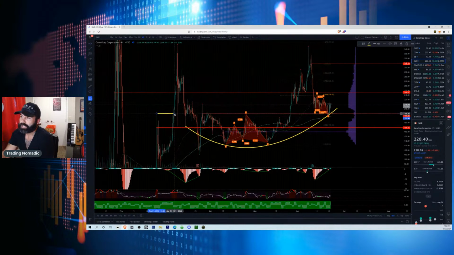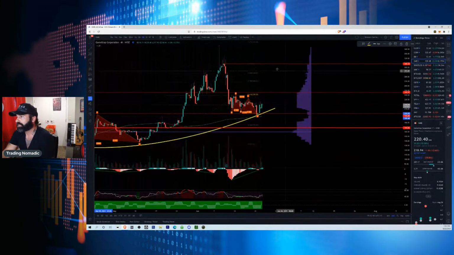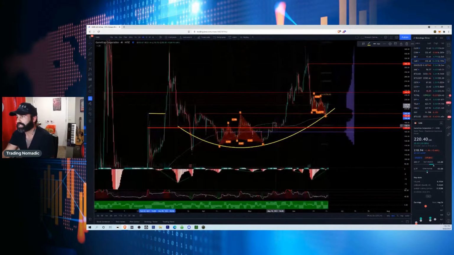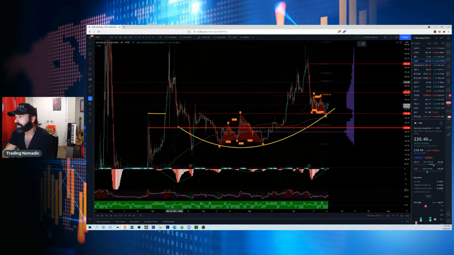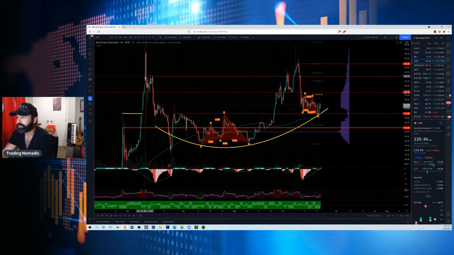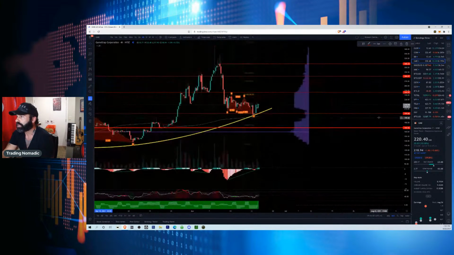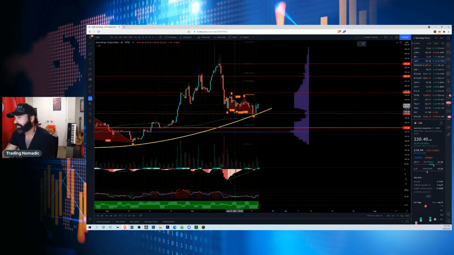Same thing. What happened last time we tested this level after breaking resistance? Straight up. So I would probably look at some of these levels going up. You're going to run into a little bit of chop on the way back up if it does end up breaking that 246. But at that point, one would think you're going to come back up and test some of these support and resistance levels: 246, 280, 308. And just to put a little icing on that cake for you, you've